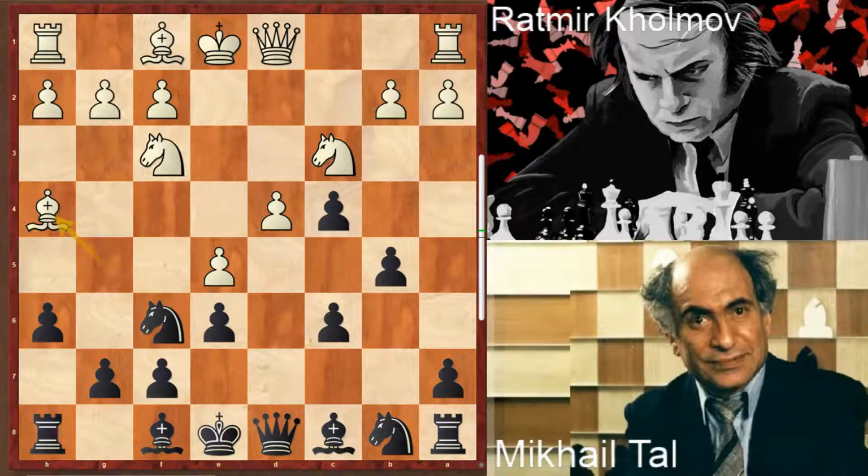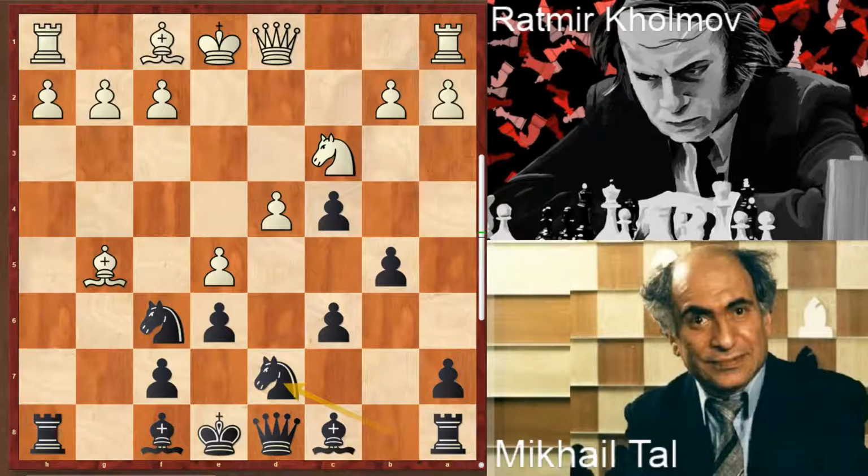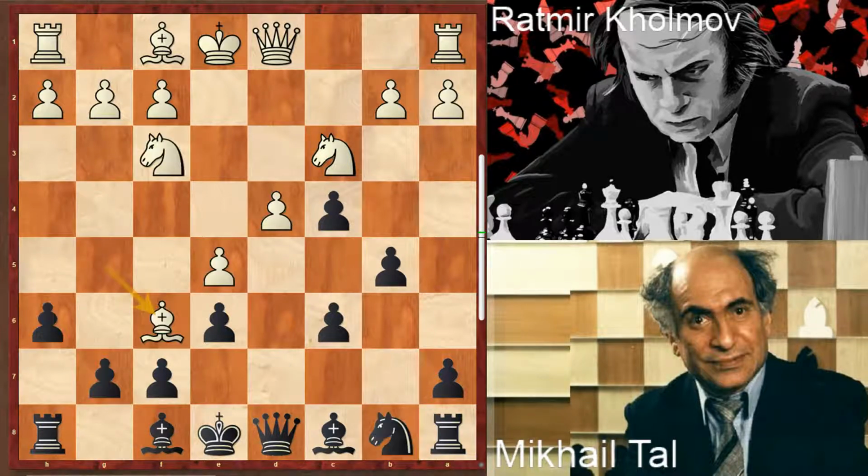He could play bishop to h4, and after g5, knight takes g5, h takes g5, bishop takes g5, knight to d7, and e takes f6, and in this position he's slightly ahead, but he decided to capture this knight with the bishop, and Tal replies with g takes f6, e takes f6, bishop to b4, pinning that knight to the king,